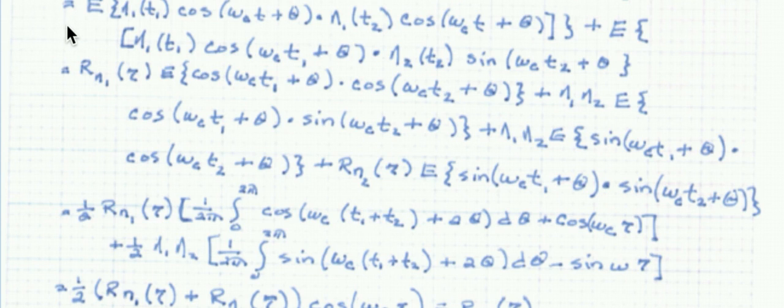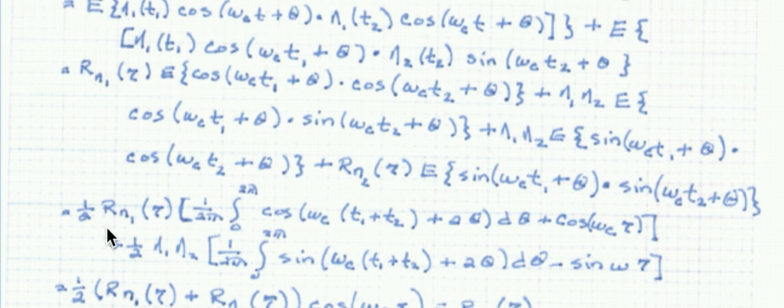Okay. The next few steps go through consolidation and multiplication of these four components in the parentheses, and we basically end up down here where we have RZ of t1, t2 equal to